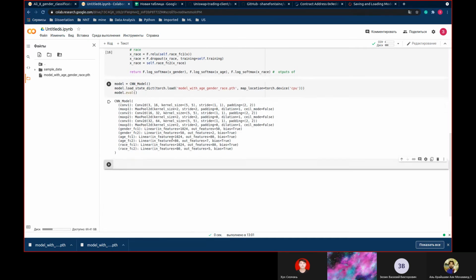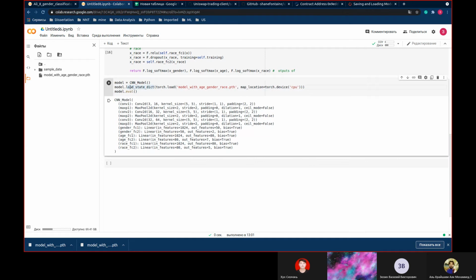Okay, nice. So now we can load weights into our model, and everything is correct. So we create a model with default weights, and after this we just upload our weights from the age, gender, race classification into our model, and change the state of our model to evaluation.